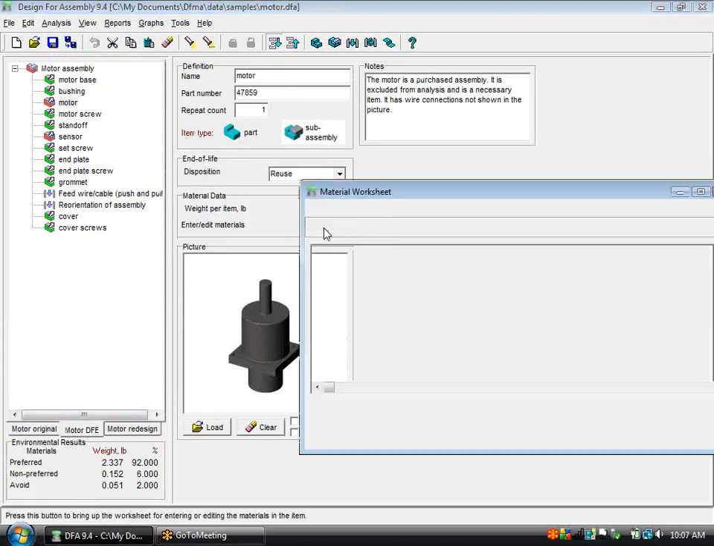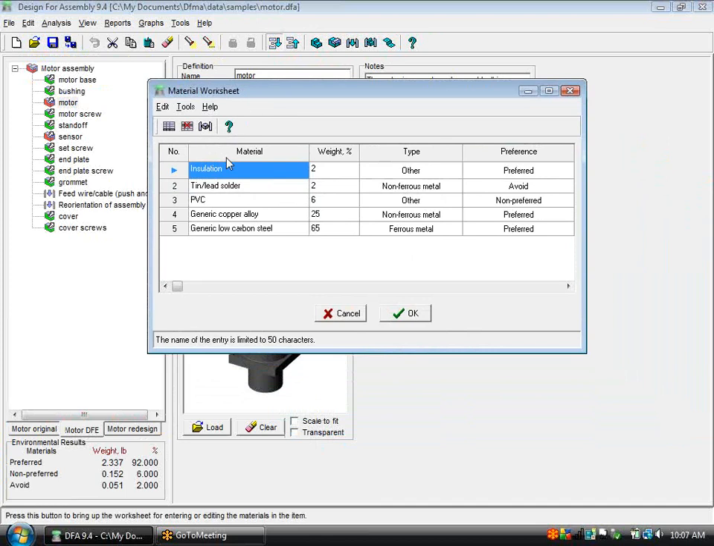And if I click on the materials button here, what we've done is use this add and delete rows option to put in rows where we can select individual materials and use those to build up the total weight of this particular, in this case an excluded subassembly in the Design for Assembly analysis. Things like motors are made up of more than one material, and so we can see here the category types of material that are in this, and whether they're preferred or non-preferred, or whether we should avoid